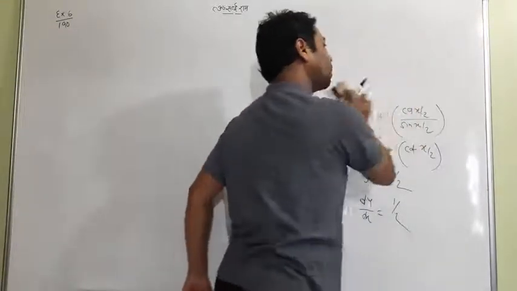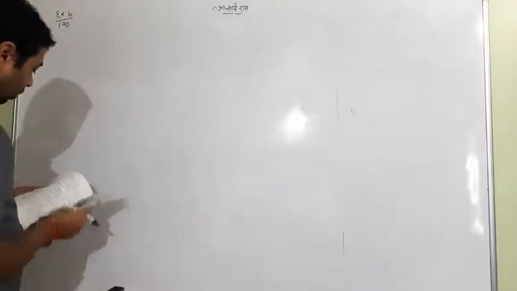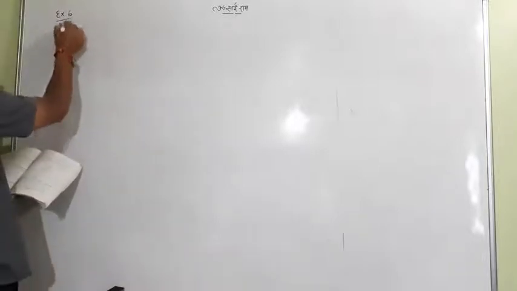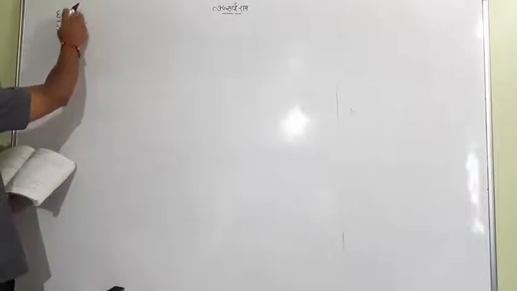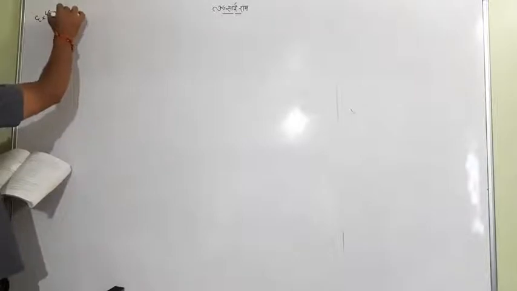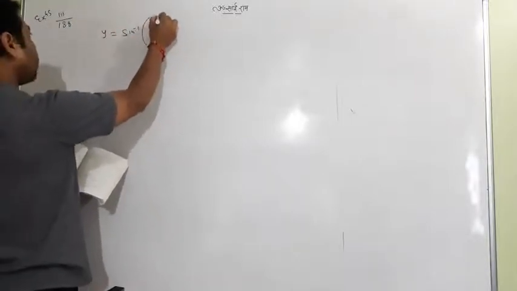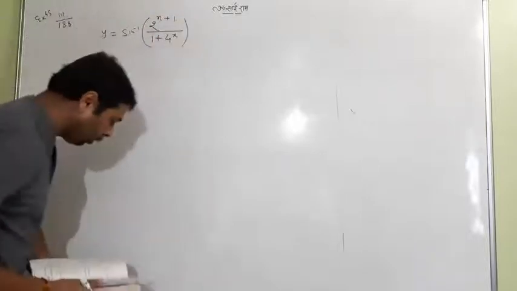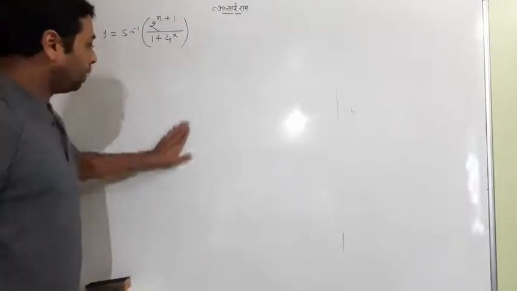Okay, one more question of the substitution I'm telling you. Tomorrow we'll go ahead. The question is again page number 188 and question number 3rd, in example number 45, 3rd is being good. y is equal to sine inverse of 2 to the power x plus 1 upon 1 plus 4 to the power x. It's a very important question as far as the exam is concerned. So let me tell you one question, how it can be done.